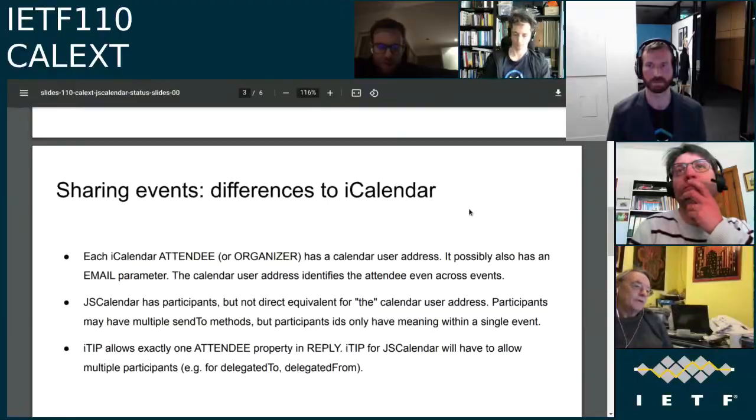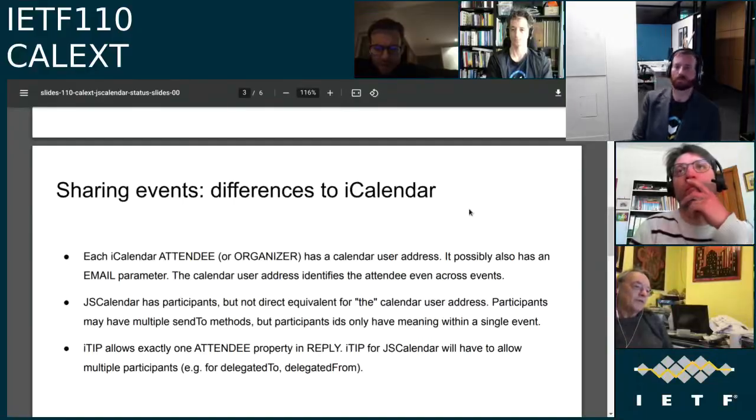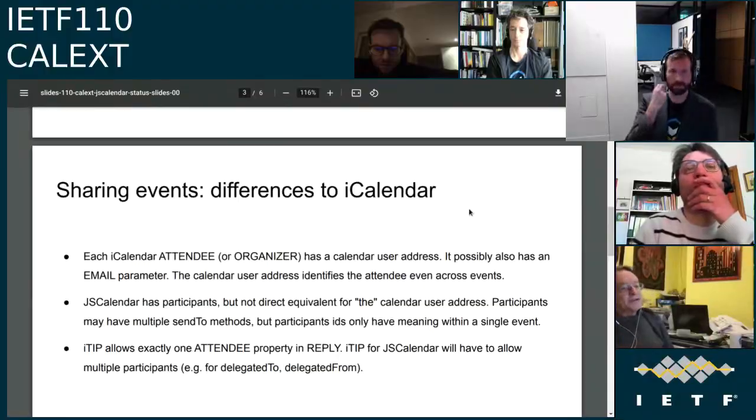I mean, I have to go back. I thought sent by was just the email address of the person that sent it. Is it not? I have to go check. Well, yeah, but it sort of has the same issues as delegated to and from. You delegate to an IMIP email address, a mailto, and at some future point, that message appears with an attendee, with a delegated from and a mailto value. So that they all have some of the same issues.